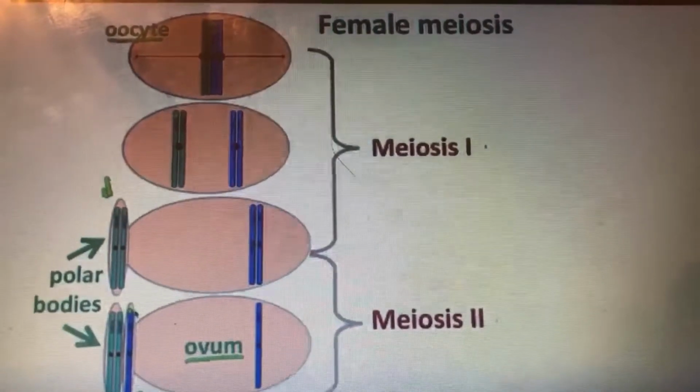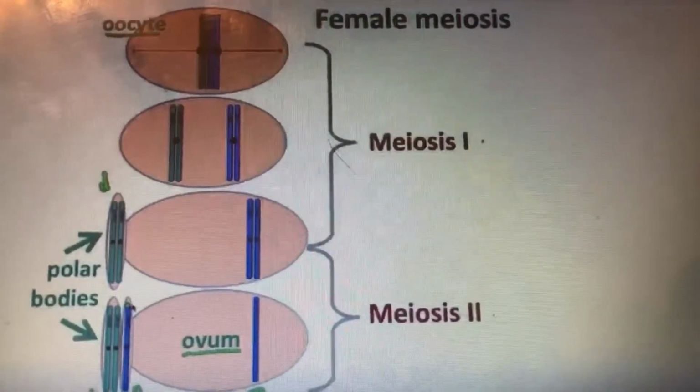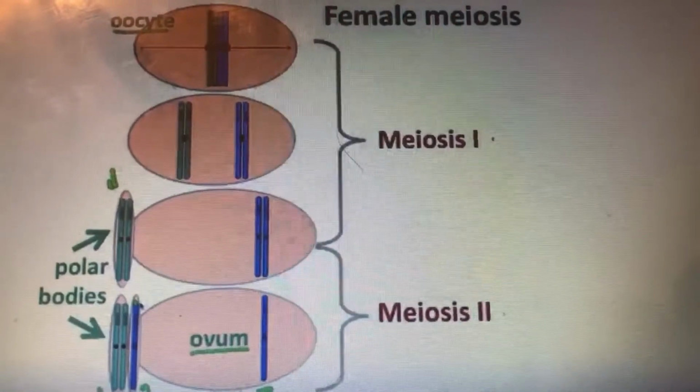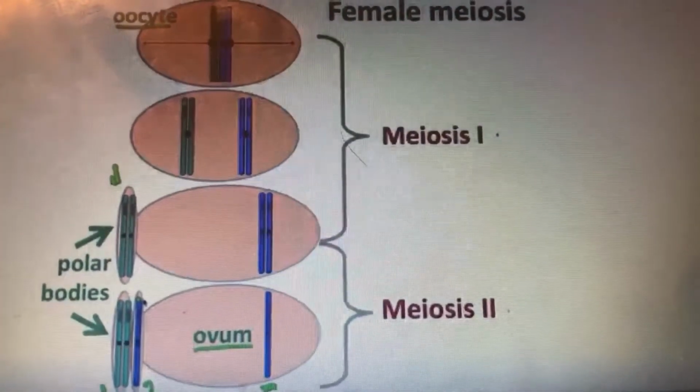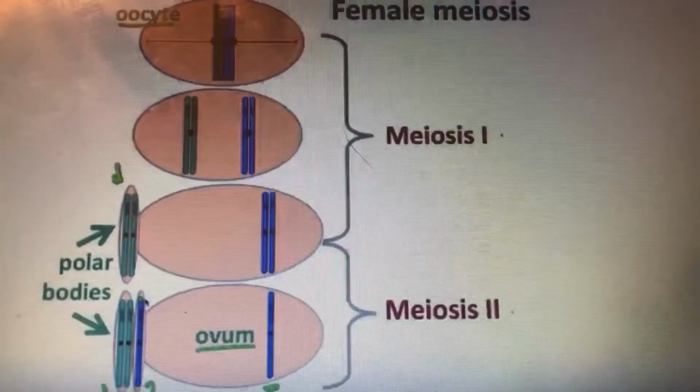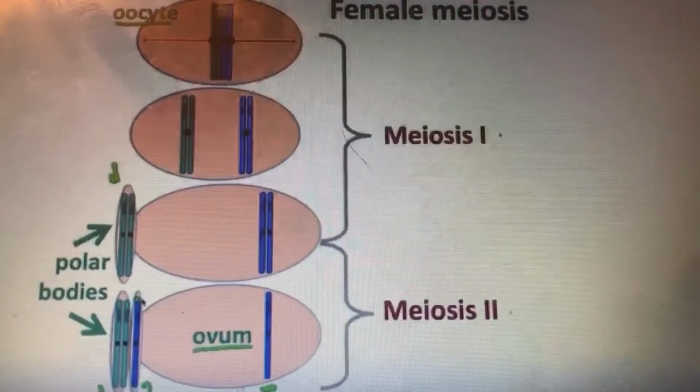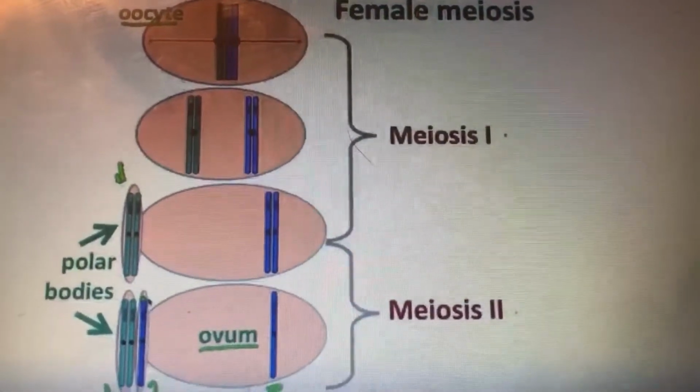The female cell that undergoes meiosis is called the oocyte. The behavior of the chromosomes is similar, however, the cell divisions are different. Because the female egg needs to contain a lot of resources to support the growth of